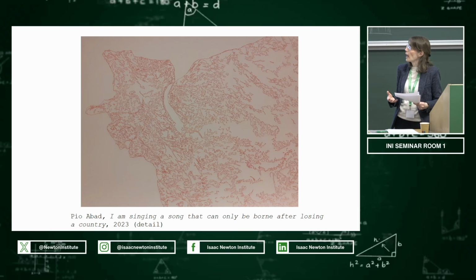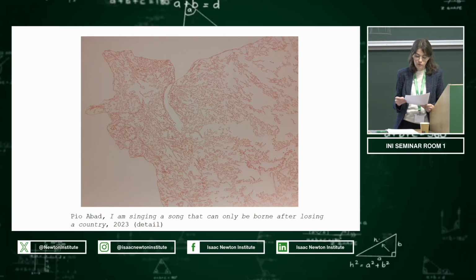So like Rysselhuber and Kawada, Abad combines different scales within his work. And these wounded, threading red lines can be read as the intricacies of blood vessels and the breadth of rivers and mountain ranges. This conflation of scales within the piece leads the curator Lena Fritsch to describe Abad's drawing as both indexical and abstract. She suggests it recalls microscopic images of plants, as well as aerial views of snowy landscapes and topographical illustrations